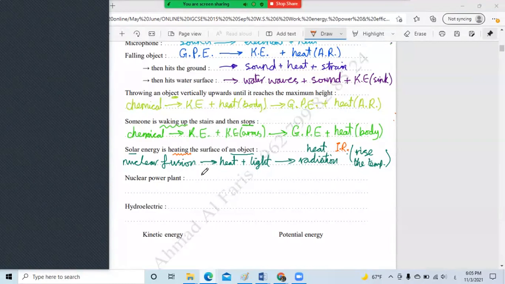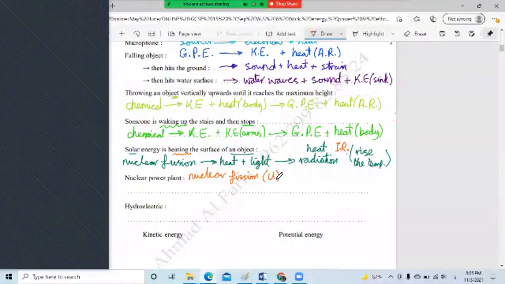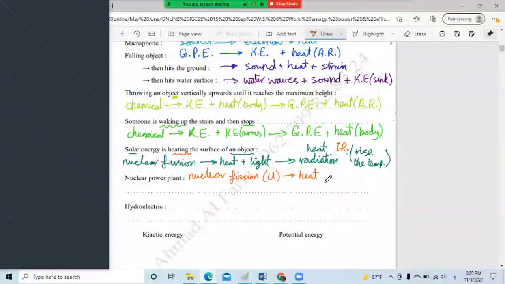What they actually do is use uranium in nuclear fission, with a double S, using uranium or plutonium. As it happens, it produces heat energy. And this heat energy, we use it to become kinetic energy, boiling water,